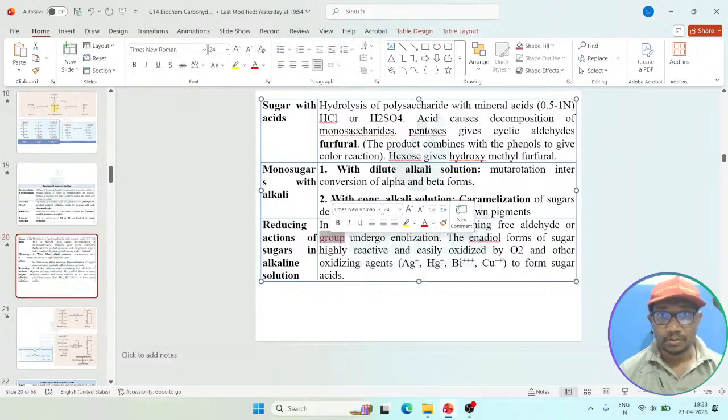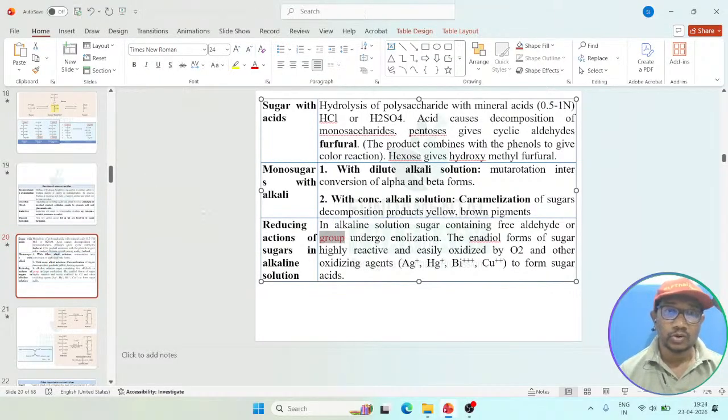It is the basis of identification of whether sugar is a reducing sugar or non-reducing sugar. एक बार फिर से देखो,